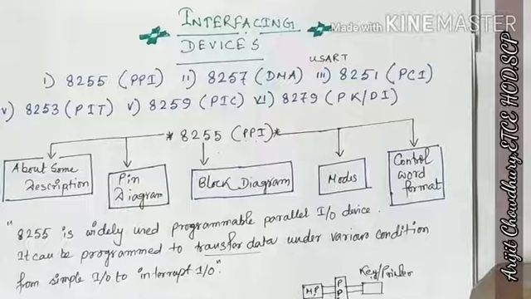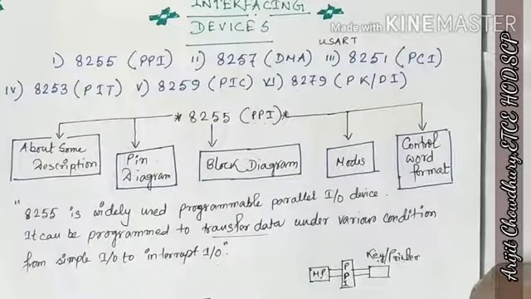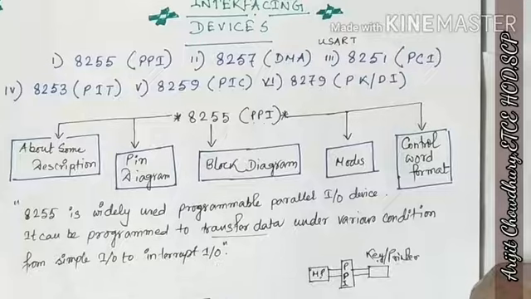Actually, the idea of data transfer is keyboard to microprocessor or microprocessor to printer. Printer is the output device, keyboard is the input device. The basic fundamental is the same, but it is a 40 years old concept. Today we are using i3, i5 processors, but the basic logic of the data transfer is the same.